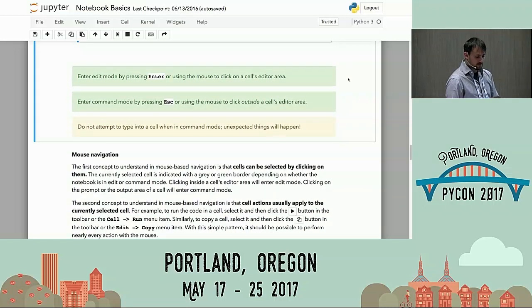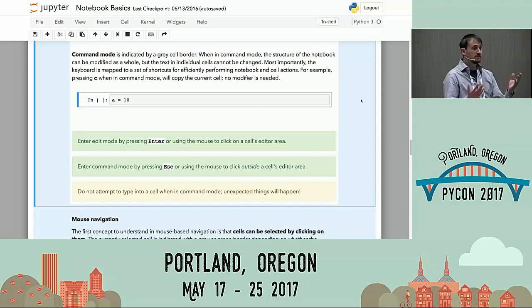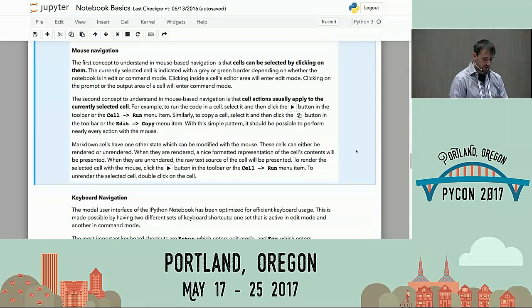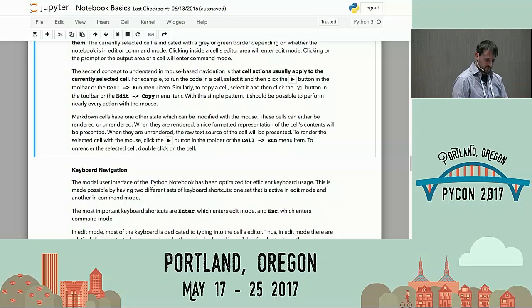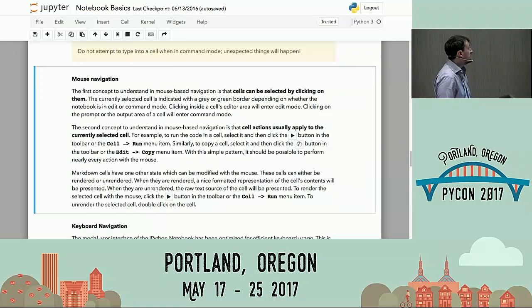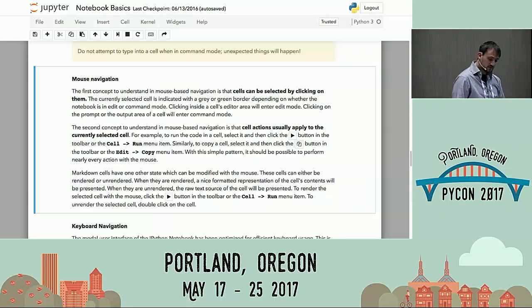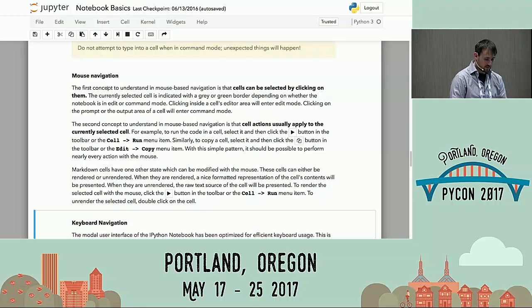So you can select cells by clicking on them, scrolling around. You can select multiple cells by holding shift and clicking adjacent cells, and that lets you select a group of cells and move it around in the document. So for instance, I can select this cell and this cell, and I can move it up and down in the document with these arrow buttons here. And in command mode, you can navigate through the document with the arrow keys, so just select the next cell by pressing down, select the previous cell with up, and you can execute